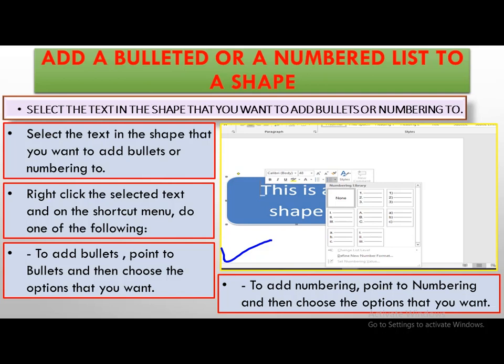When you right click on the selected text, you will get a Numbering option. From this Numbering, choose any one option that you want, like 1 2, 1 2 3 4, or A B C D. In this way you can give numbering to the text in the shape of your document.